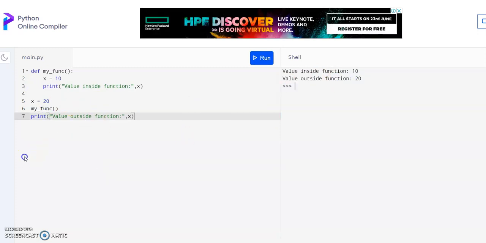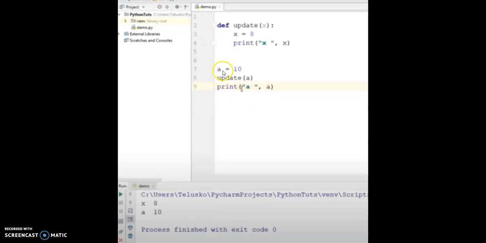So here I'm going to make one change. See, in this program, first the program will read the header. After reading that, it will determine these are all statements belonging to the function. Then, here there is no indentation, so it will read the statement A equal to 10.